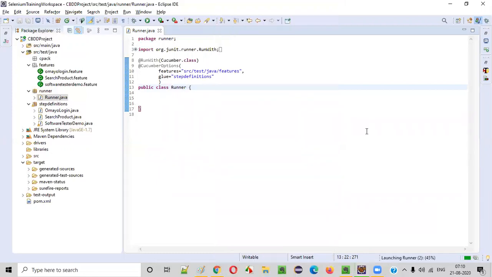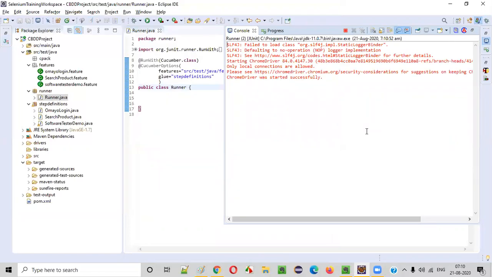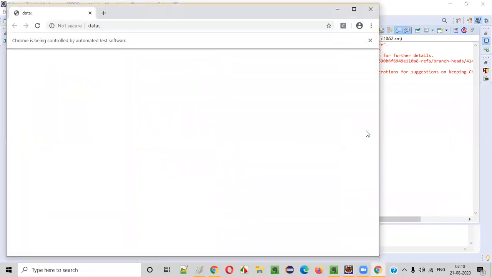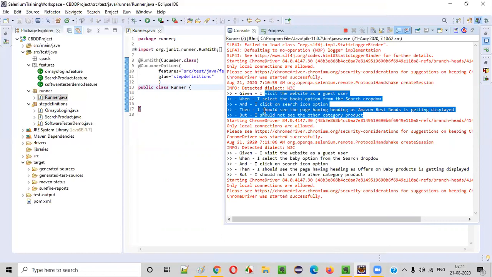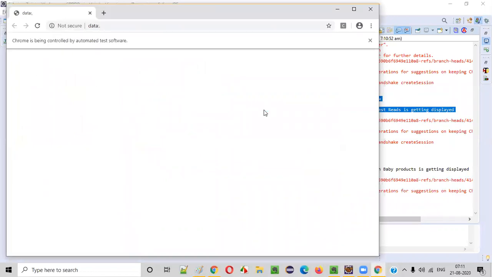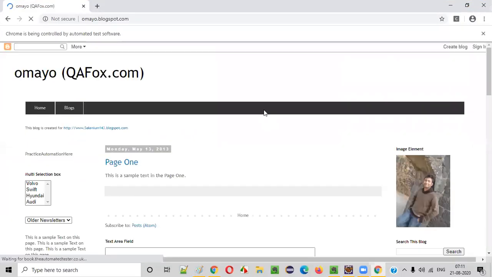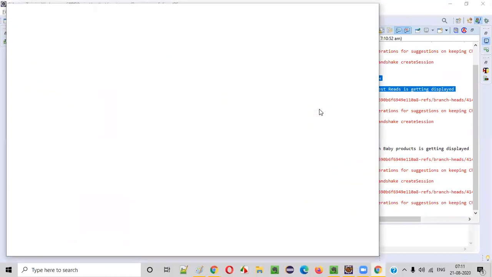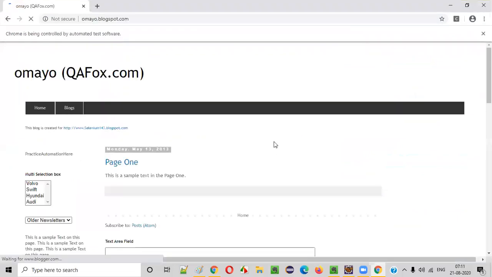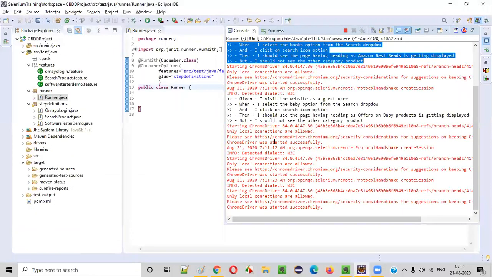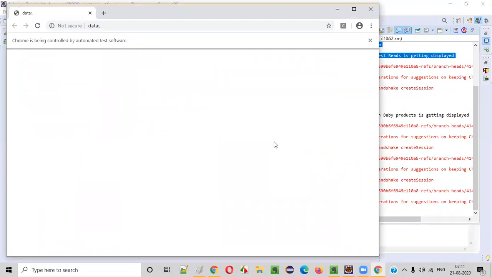Right, run as JUnit test. You see, the browser is starting and closing. This scenario doesn't require the browser to open and close, right? But still it is opening and closing. @Before and @After will happen for each and every scenario in all the feature files. For all the feature files and for all the scenarios, this browser will open and close. Not only for the required scenarios and feature files, but for unnecessary things also it will open, and you see blank things are coming and going. Few scenarios, the blank browser is opening and closing. It's not doing anything.